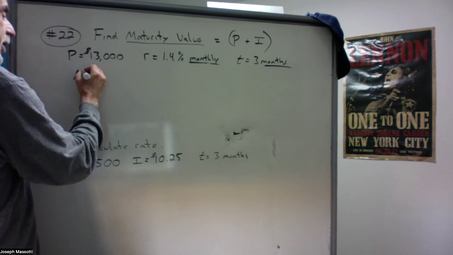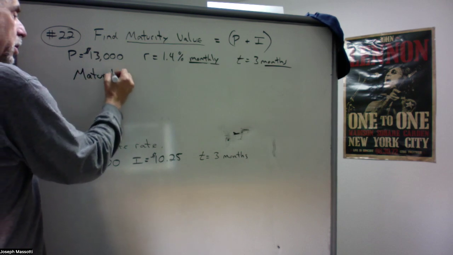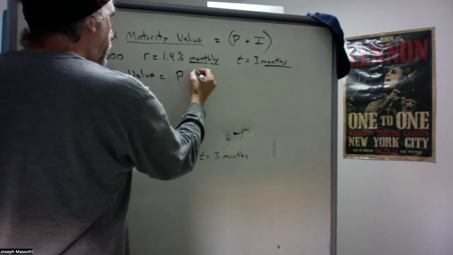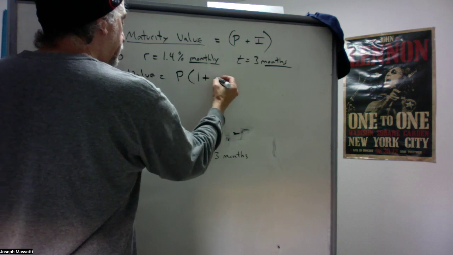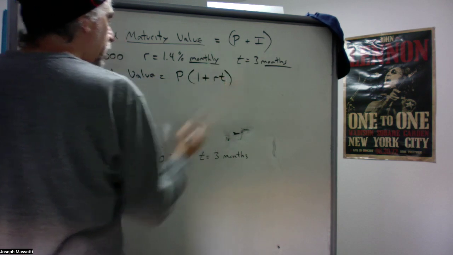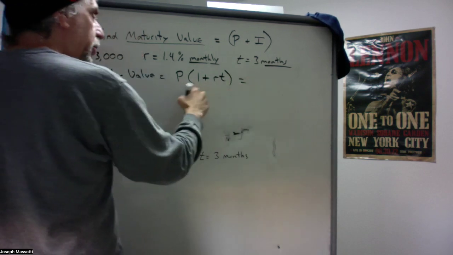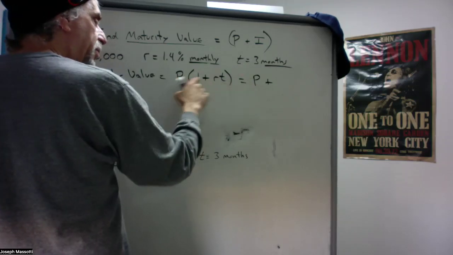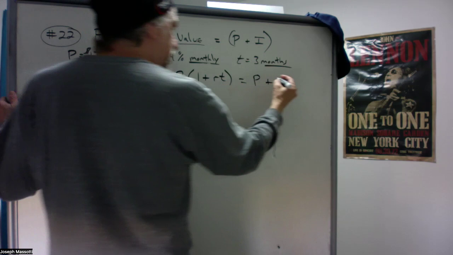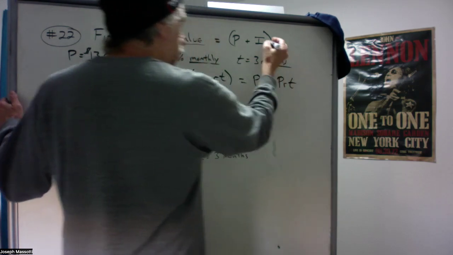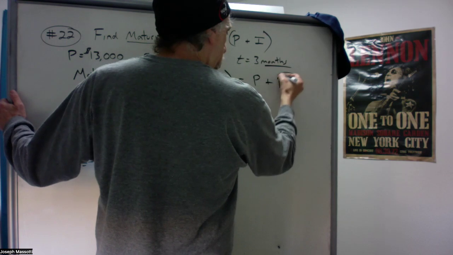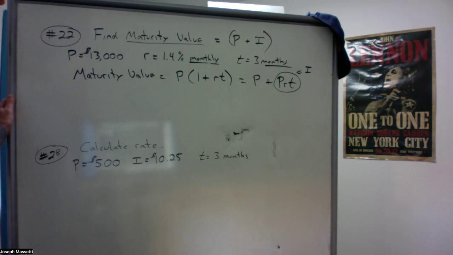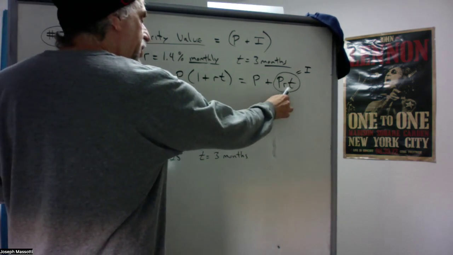So we can say the maturity value is going to be the principal. We can look at it like this and realize if we distribute this, we're getting the principal, P times 1, and then plus the principal times rate times time, which we know is the interest, right? So that's all that's going on here. We're doing the same thing we did last time to find the amount of interest, but now we're adding it